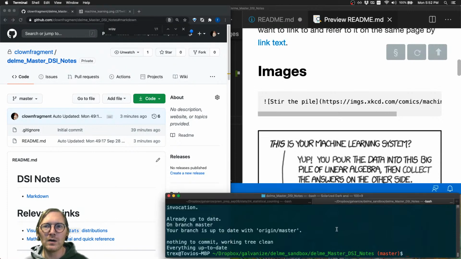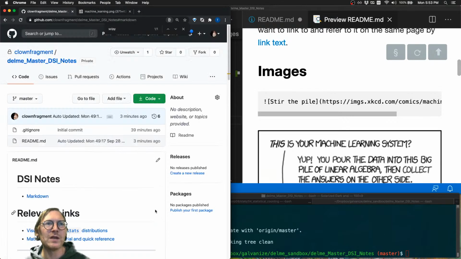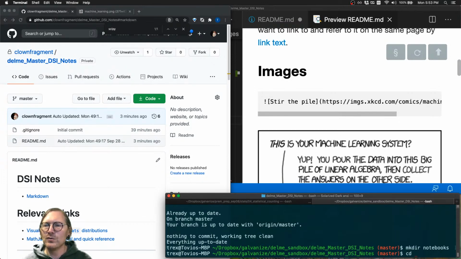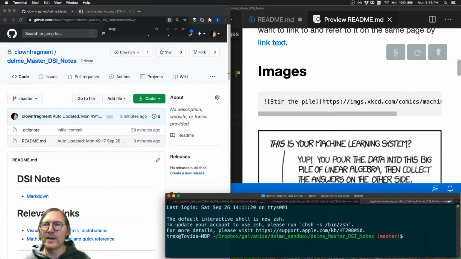But on the topic of Jupyter, what I would recommend, and I'll just do this really quickly to give you a sense of what I mean, is that you make a directory for your Jupyter notebooks. So I'll just make a directory, and I'll call it notebooks, and I'll go into notebooks. Why not? Oh, actually, first I'll make a new tab, and I have this diabolical git function that will